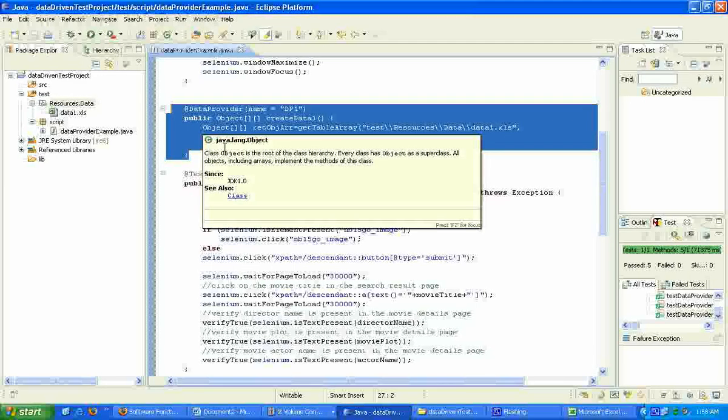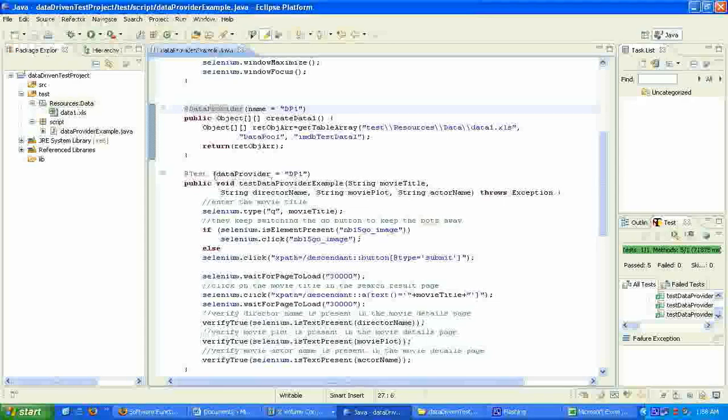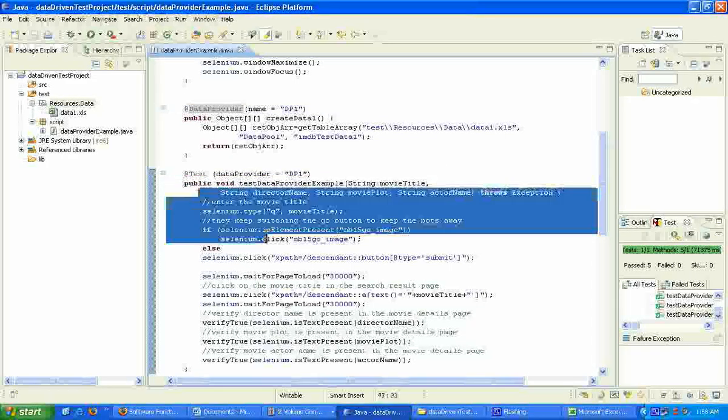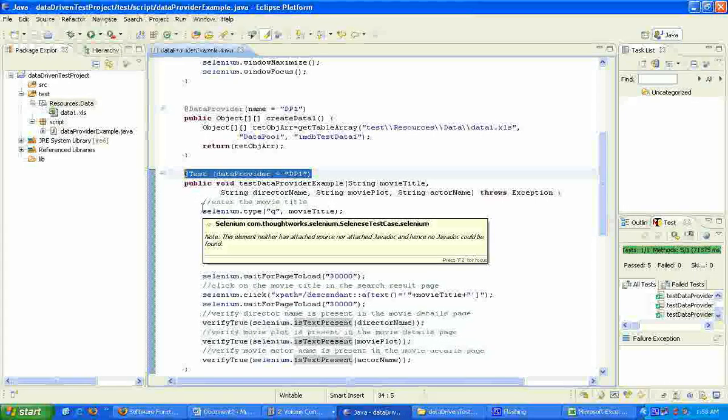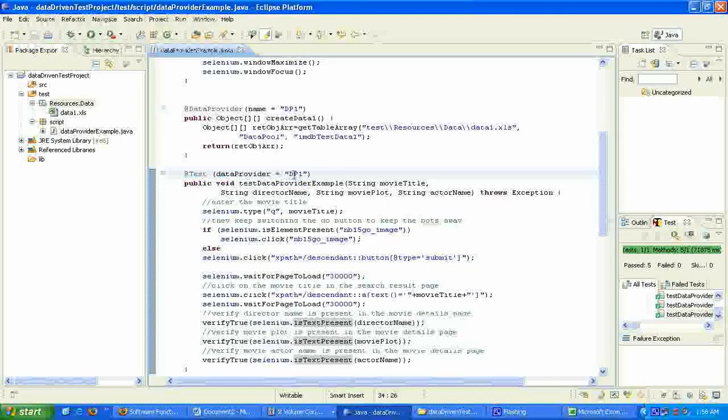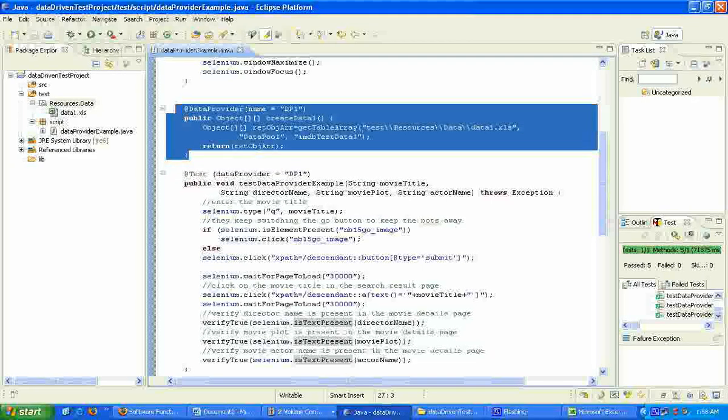Any test method that hooks on to this particular data provider will receive the data. This is the test method, which has all the test logic in it, and this is where we mention that the data for this test method comes from data provider dp1, and data provider dp1 is this part